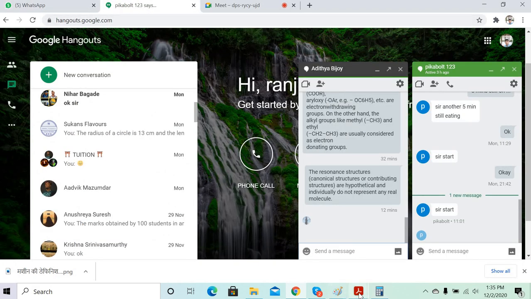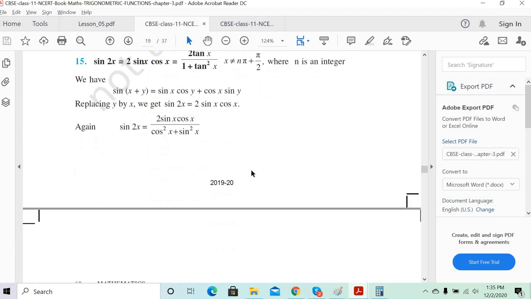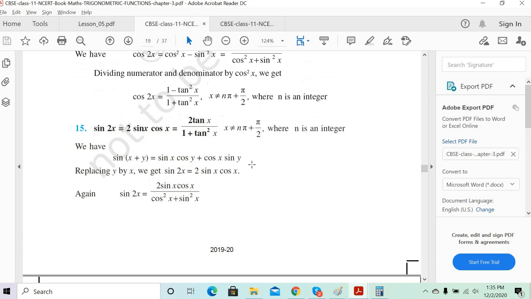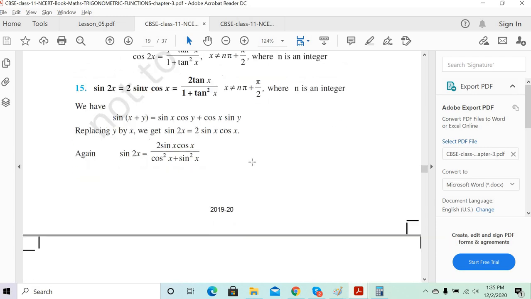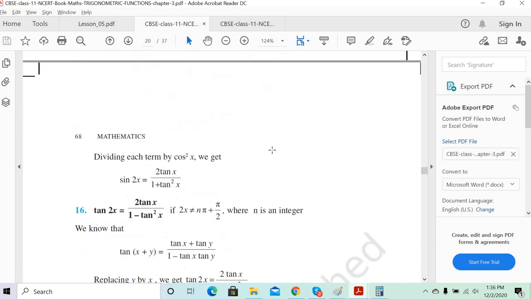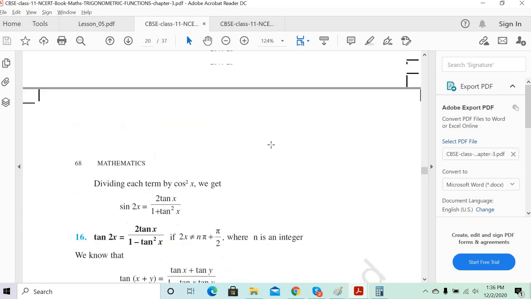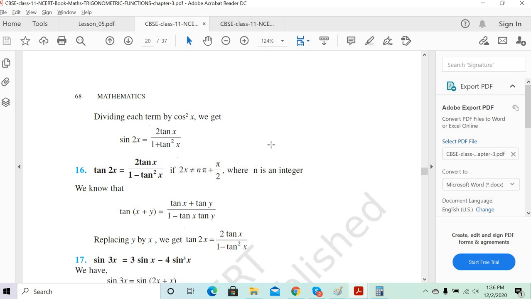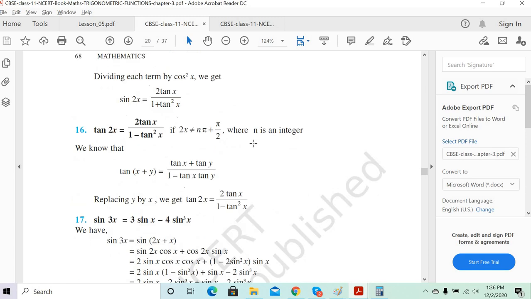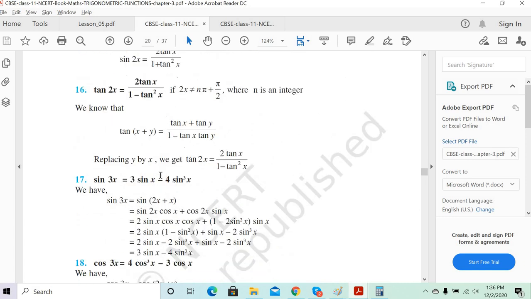Yes, sir. Excellent. Similarly, can you do it for sin 2x also now? Same method, use the sin x plus y formula, put y as x. You will get the sin 2x formula, and express it in terms of tan also. Okay, that should be fine. And then we can do it for tan 2x also, same thing. You derived the tan x plus y formula, put y as x. Till here you do that, till tan 2x. Then we'll do sin 3x, cos 3x, tan 3x. That I'll tell you separately.